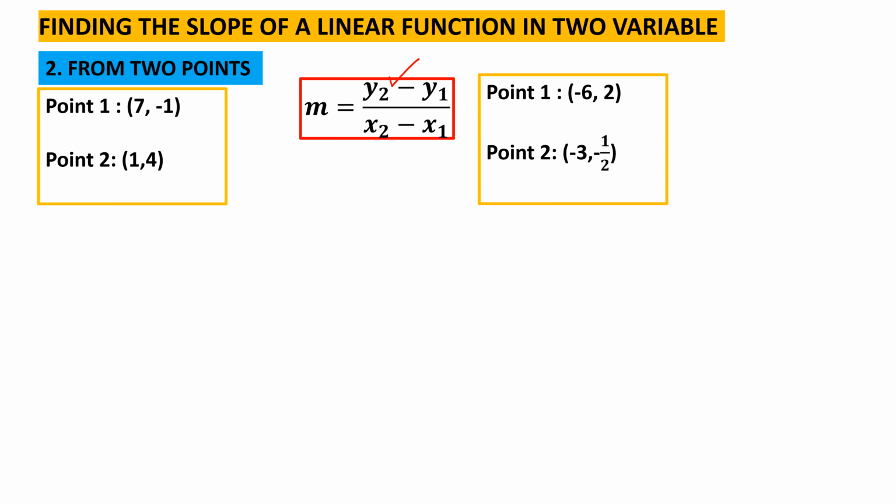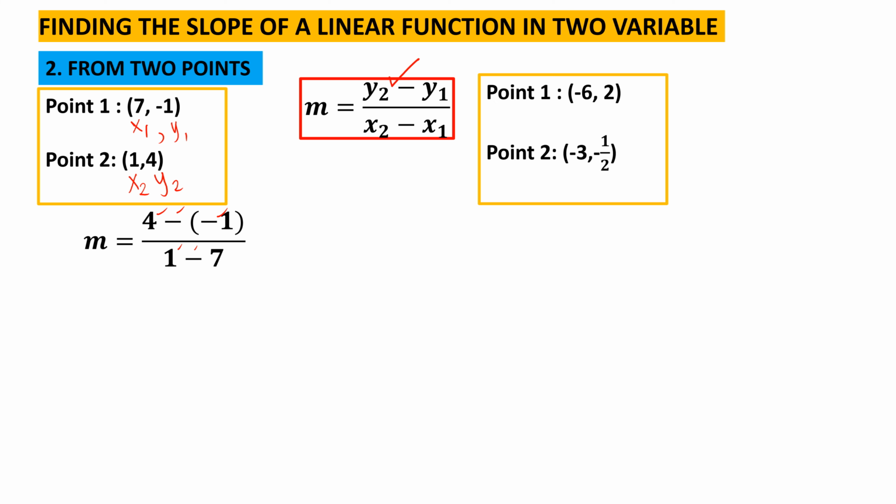So this is m is equal to y sub 2 minus y sub 1 over x sub 2 minus x sub 1. So if this is our point 1, this will be our x sub 1. And if this is our point 2, this will be our x sub 2. Thus, this is also our y sub 1, and the 4 there is also our y sub 2. So let's proceed. So our y sub 2 is 4 minus our y sub 1 is negative 1 over our x sub 2 is 1 minus our x sub 1 is